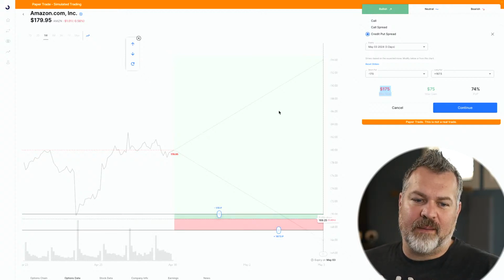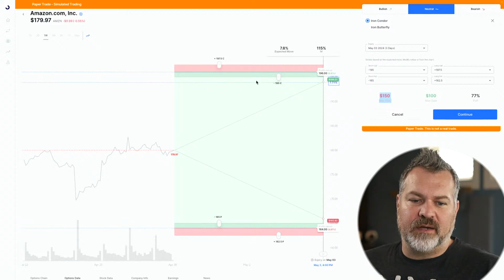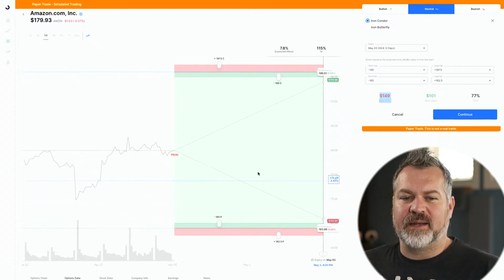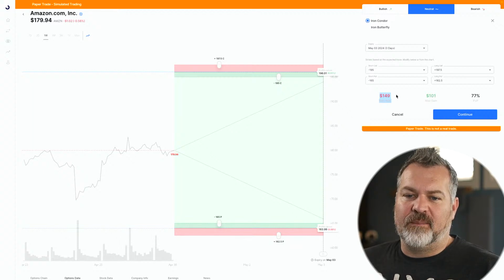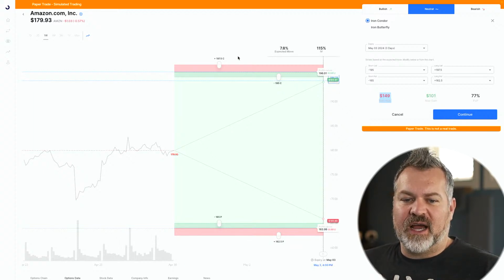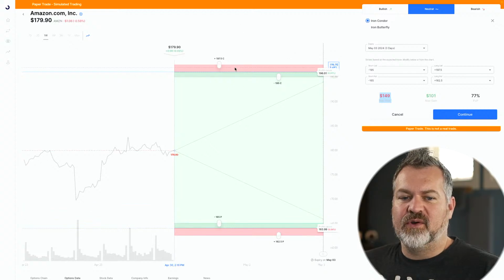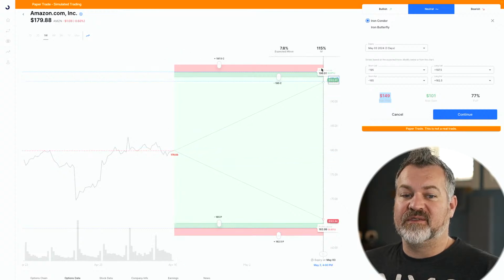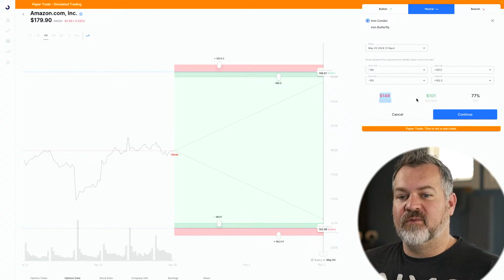and say, well, what happens if it stays in this range? What if we do a neutral trade? This is selling a call spread and selling a put spread at the same time. Now we have a potential of making $100 with a risk of 149. We have an outside move, we have max loss if the stock moves up or down too much. But if it stays in the expected range over the next couple of days, then we have the ability to